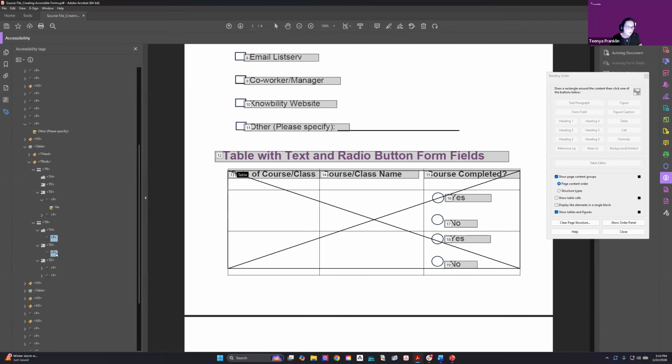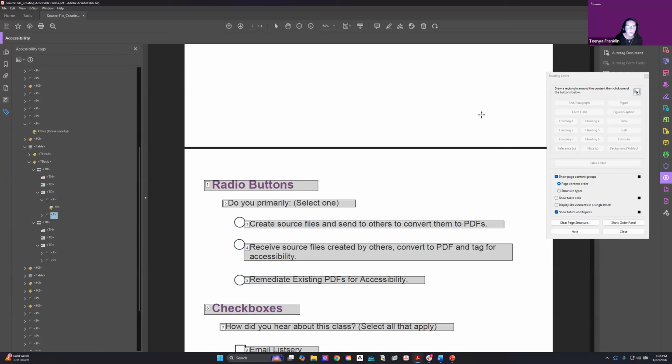You can also do this afterward, but I found that a lot of times if you wait and you put in your form fields first and your reading order is out of order, then when you go to correct your reading order, it breaks your entire form. Okay. So now that we're all cleaned up,